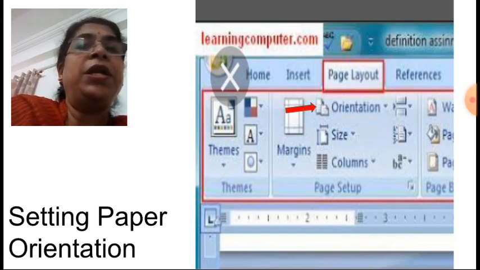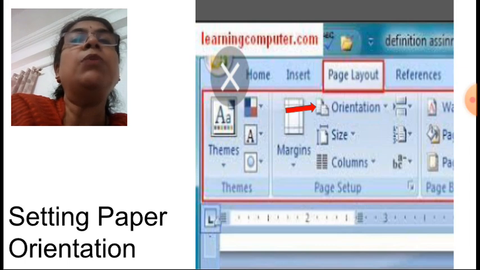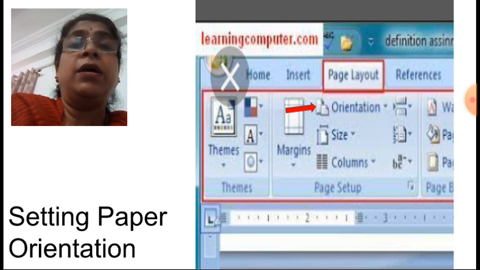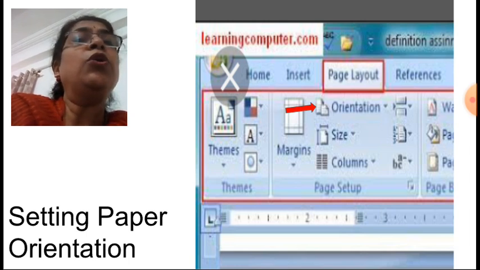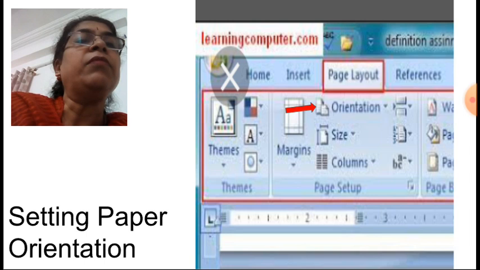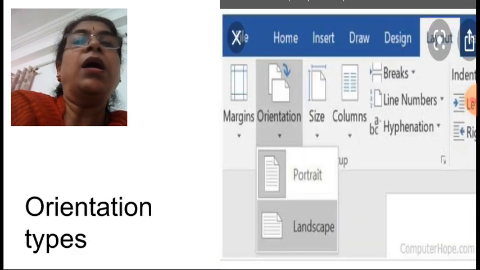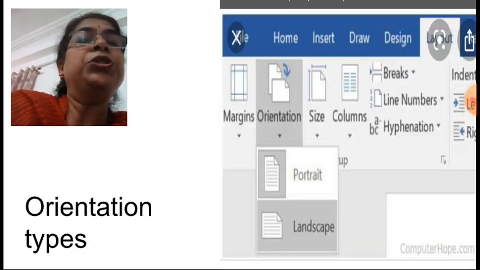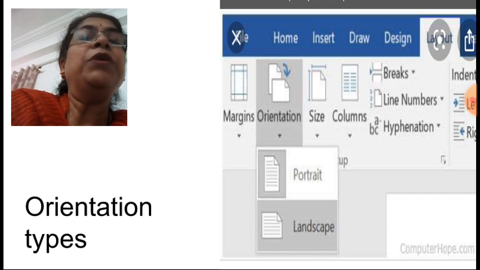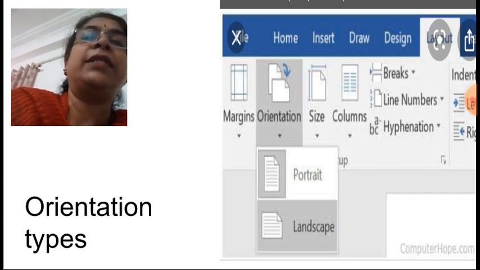Now setting paper orientation. Orientation means how the paper looks, how the text will look on the paper. The orientation option is again in the Page Layout tab. See, the orientation option is shown with the red arrow. If you click on the orientation drop down menu, it shows portrait and landscape.